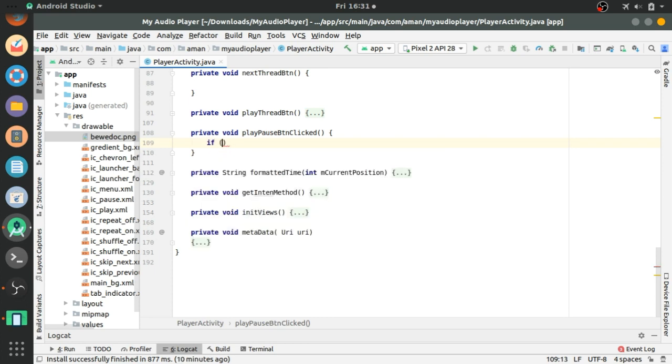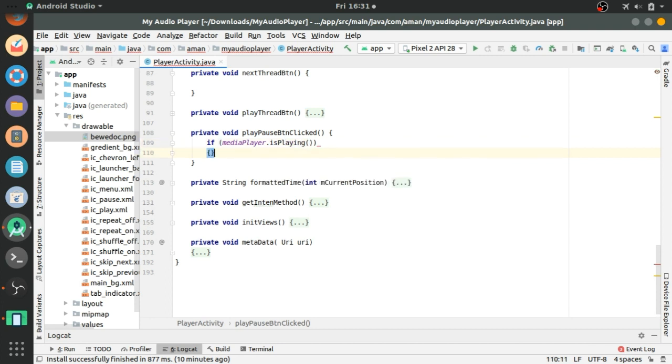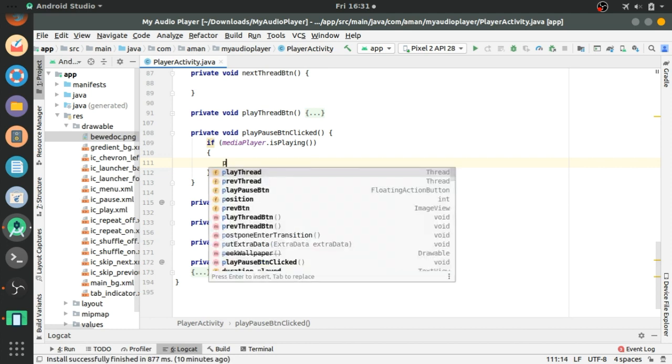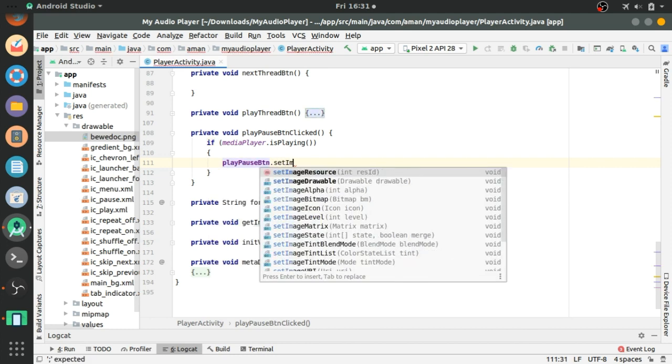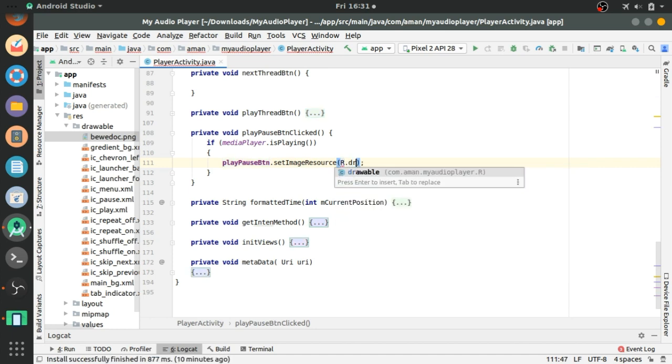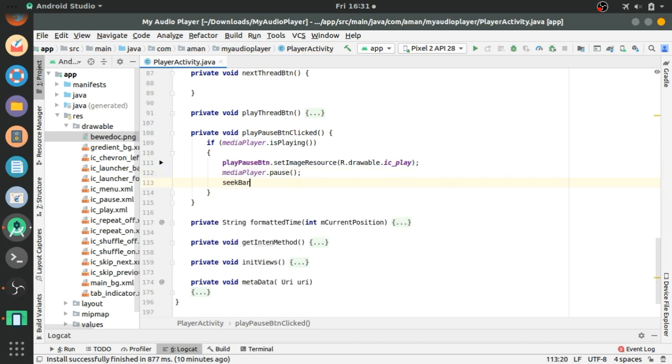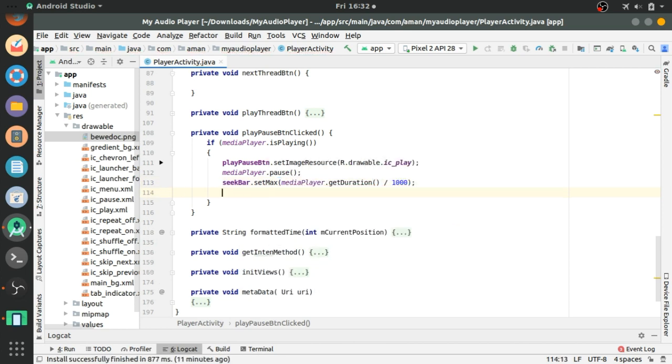So let's implement this. If mediaPlayer dot isPlaying, then playPauseButton dot setImageResource R dot drawable dot ic_play, and mediaPlayer dot pause, means the media player will be paused. And after this seekBar dot setMax mediaPlayer dot getDuration divided by 1000.